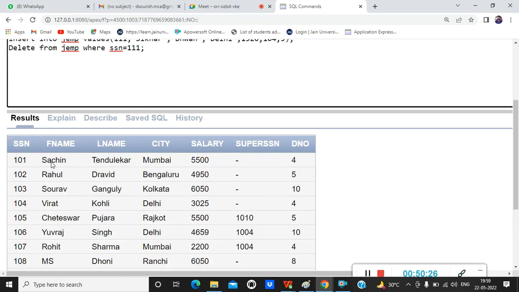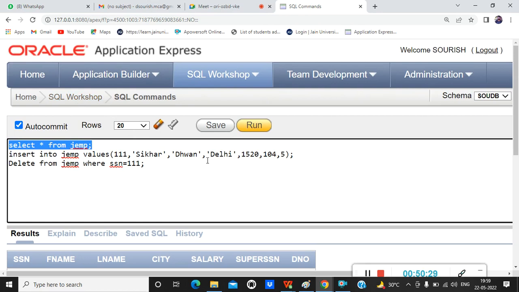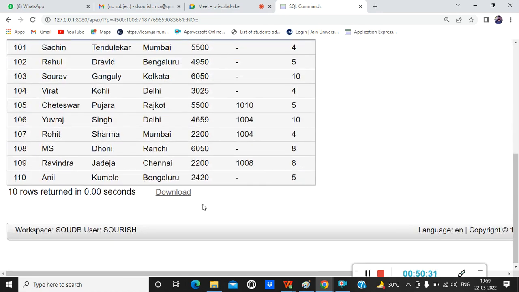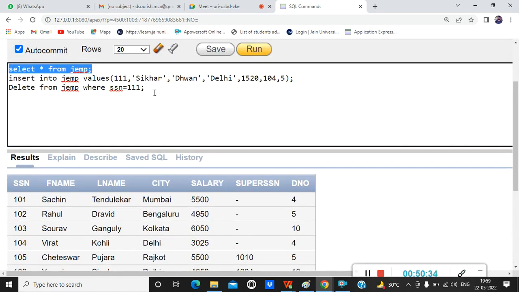Okay, check whether Shikhar Dhawan is there. No, there is no Shikhar Dhawan. It is 20 also, but the Shikhar Dhawan record is deleted. So in that way, if you want to delete,